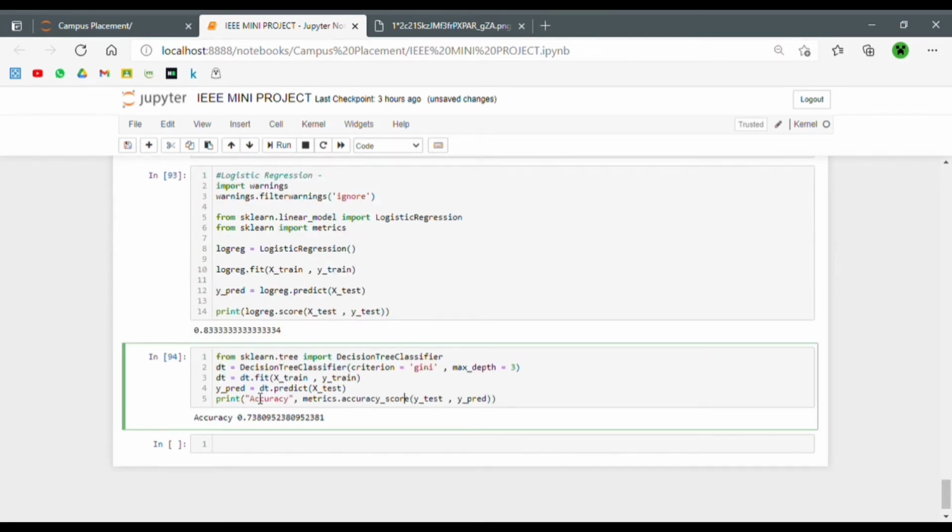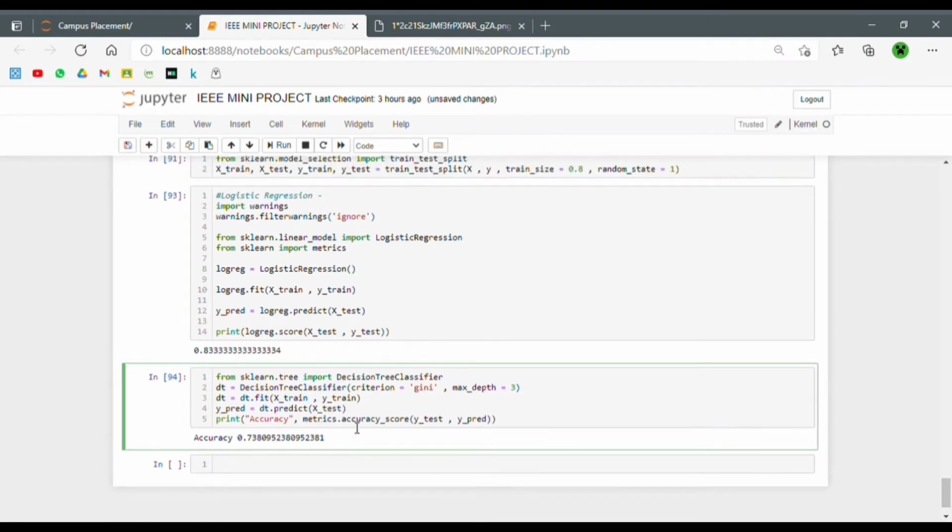Okay, so our second machine learning model, the decision tree classifier, has an accuracy a lot less than the logistic regression, and that is expected, because we have not done any hyperparameter tuning in this. So I'll just explain the code over here.